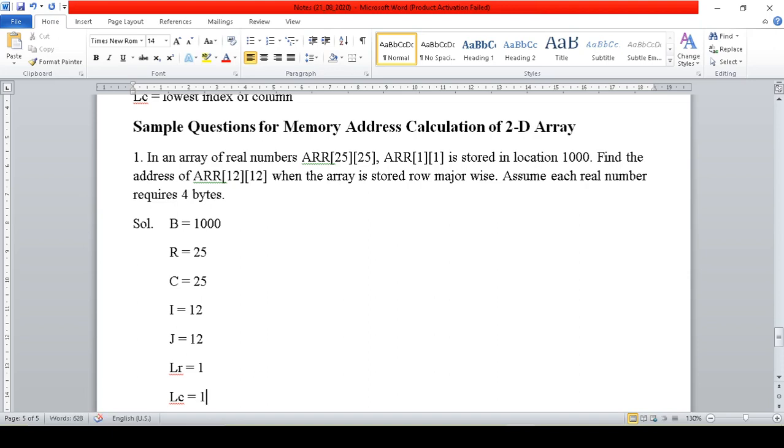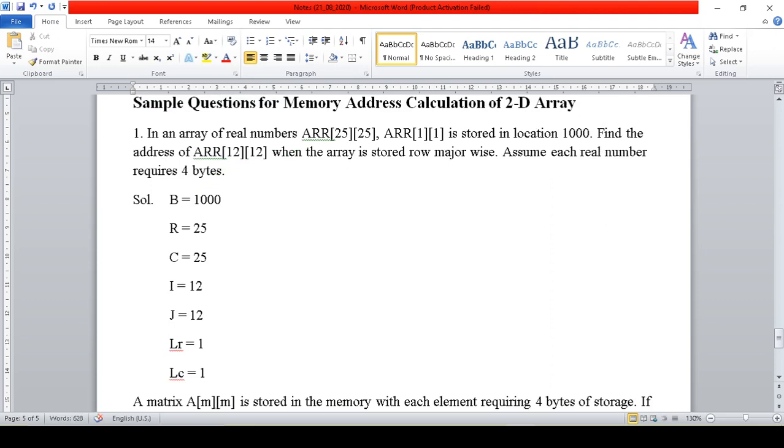When you are dealing with examination questions, you can simply write their complete names: base address, row, and everything like that. You have seen the formula for the address of I, J. So let's see the address here, row major implementation. One more thing, size is 4 bytes.